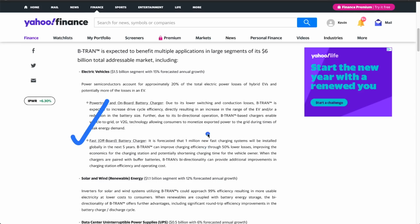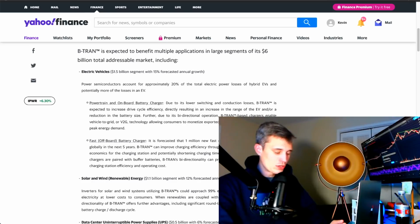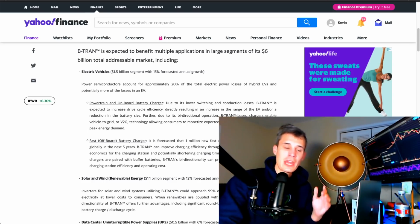It is forecasted that 1 million new fast charging systems will be installed globally over the next 5 years. B-TRAN can improve charging efficiency through 50% lower losses, improving the economics for the charging station and potentially shortening charging time for the vehicle owner. So we get faster charging and we also get more efficient charging, less energy being wasted from the EV charging